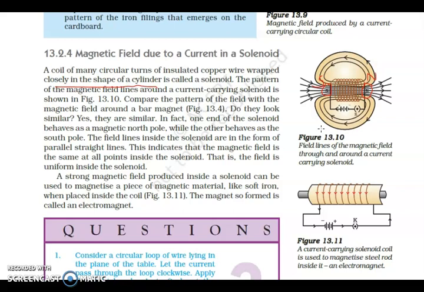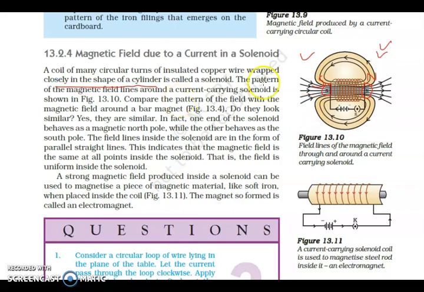Now for a bar magnet, we know that the magnetic field lines start from the North Pole and end at the South Pole. So now you will be easily able to understand this pattern of magnetic field. It is similar to that of a bar magnet. North Pole से magnetic field lines बाहर आ रही हैं, and in case of South Pole they are entering. ठीक है. And after that, inside the magnet it is from south to north, and outside the magnet it is from north to south. So this is known as a solenoid.